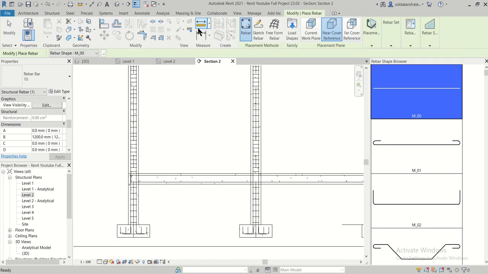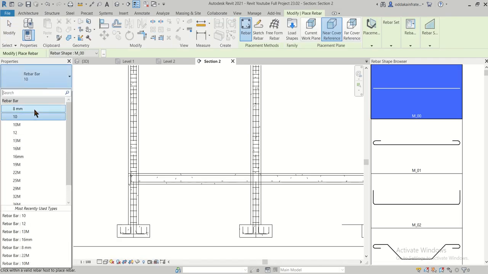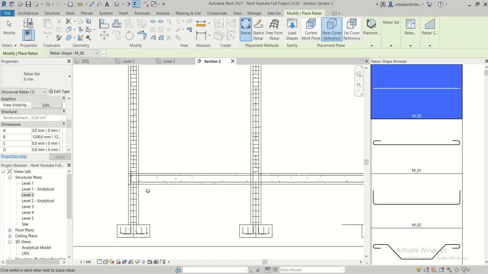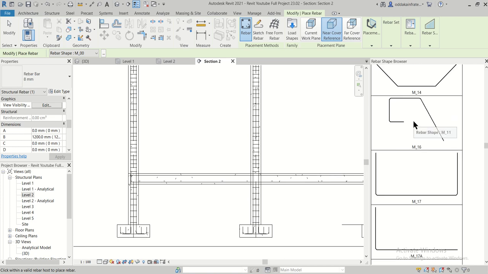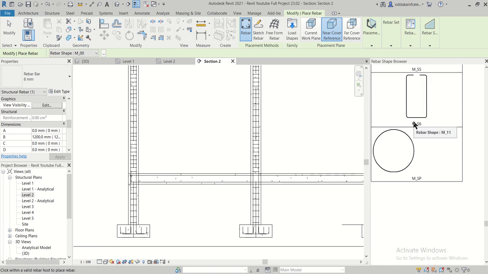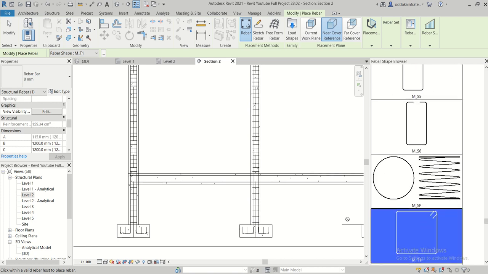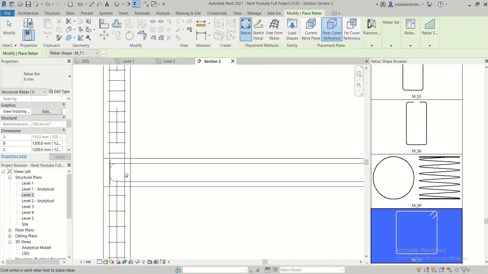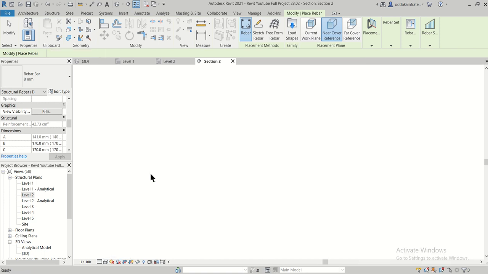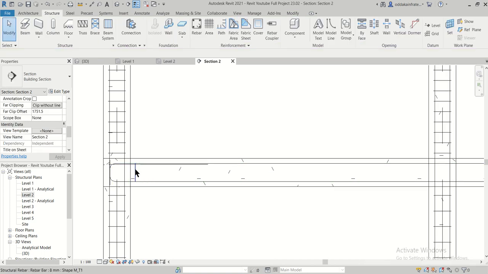We'll just go to the rebar, and for the stirrups we are using 8 mm bars, and we'll select the shape of the stirrup which we want, that is this particular stirrup. So placement will just change perpendicular to cover, and the stirrups are avoided at the intersection of the beams and columns, you know that, and we'll just place these stirrups here.